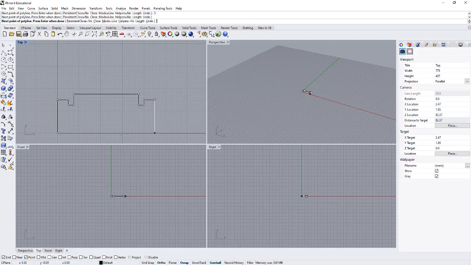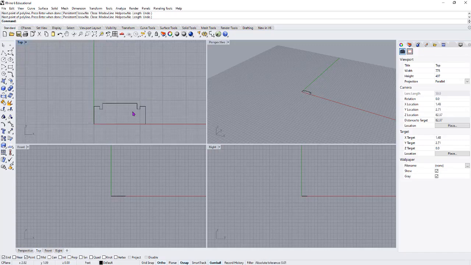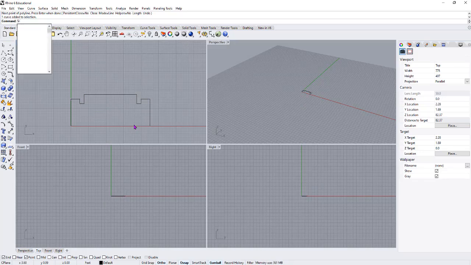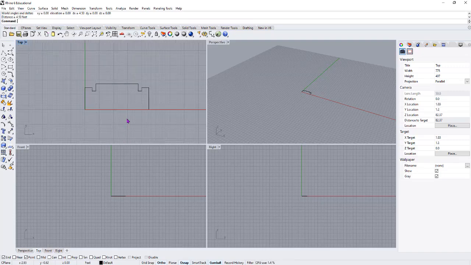I'm going to lock it. I'm going to hit the tab key, and then come all the way here till it projects it, and then click, and then enter. So that will be my profile. Overall, we're going to check the distance, and from this point to this point it says that it's 4 feet and a half, 4.5 feet. So I wanted to be using inches,